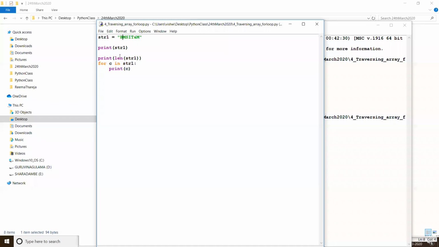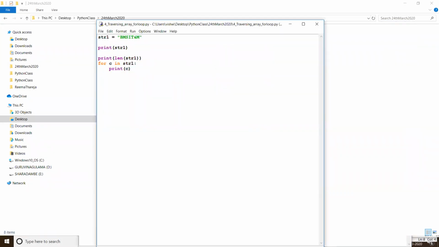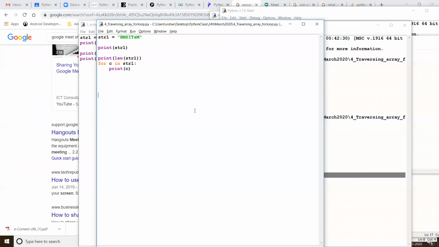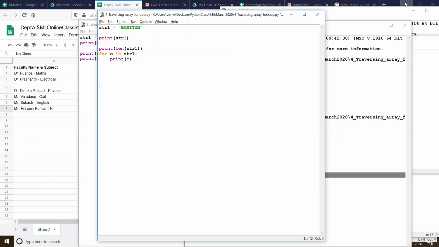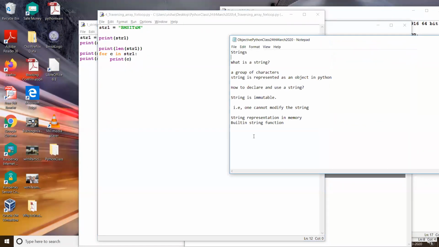What is this len? It's a built-in function. Now, as we all know how to define our own function, can we define our own user-defined function similar to that built-in function? Can we define len of our own version? Let us call it